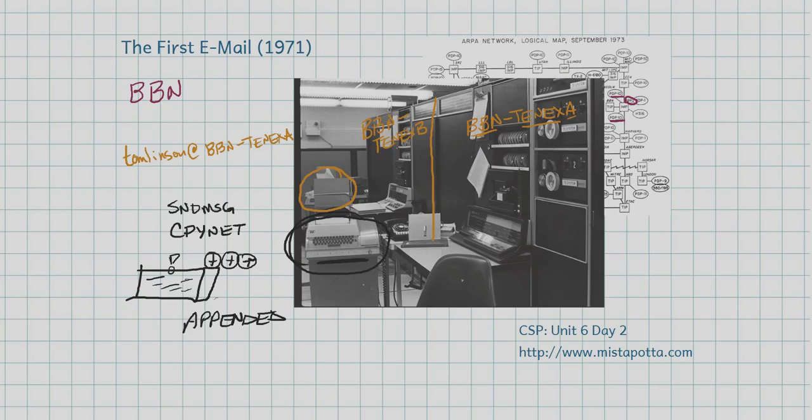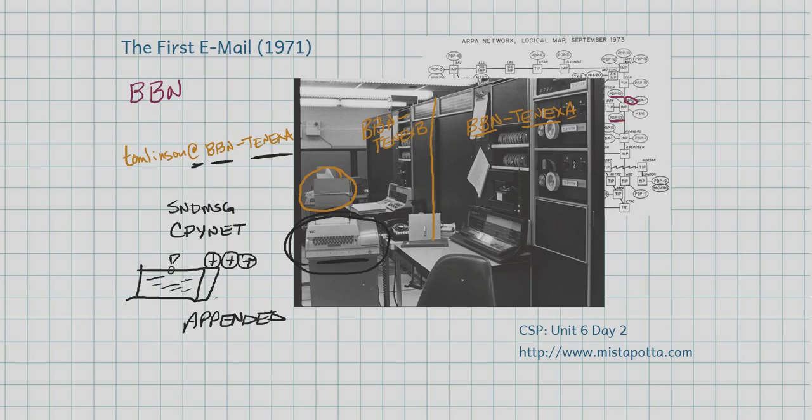Tomlinson was the first person who actually did this, and he had to come up with the notion of, okay, how do I refer to another computer? And so he came up with the notion of the @ symbol, saying that's going to go from one location to another location. But he also came up with the notion of the company and the operating system that's being used, because he wanted to be able to talk to the computer at that source.